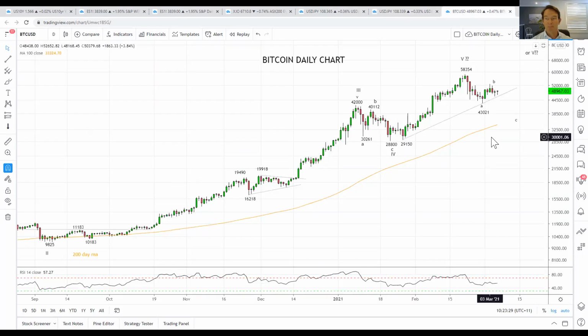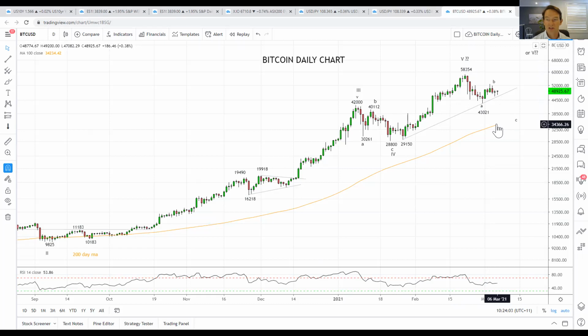Finally, this week, a look at Bitcoin. I am still looking at this 58,000 high as a potential wave 5 high. It's not confirmed. What would confirm a deeper corrective pullback would be firstly a break of this trendline resistance, which we have redrawn a little bit lower. But more importantly, I see this high from January as being the crucial level. 42,000, it picked up this low here at 43,000. A break below 42K would see, for mine, a pullback towards wave equality coming in around 37,000,